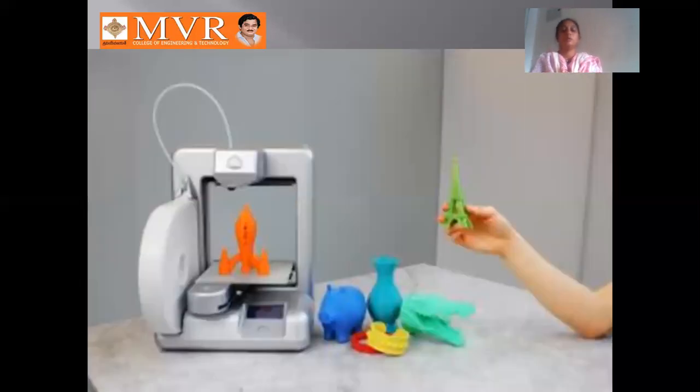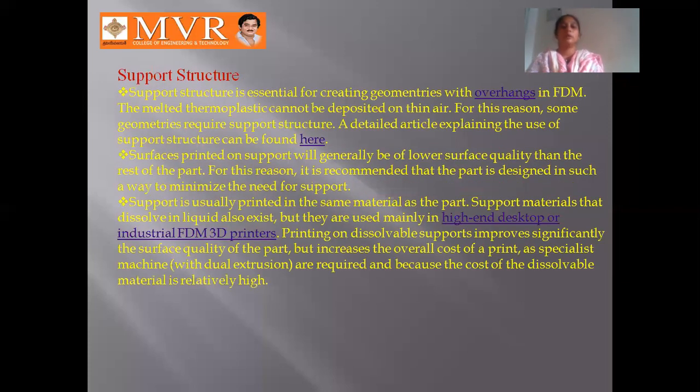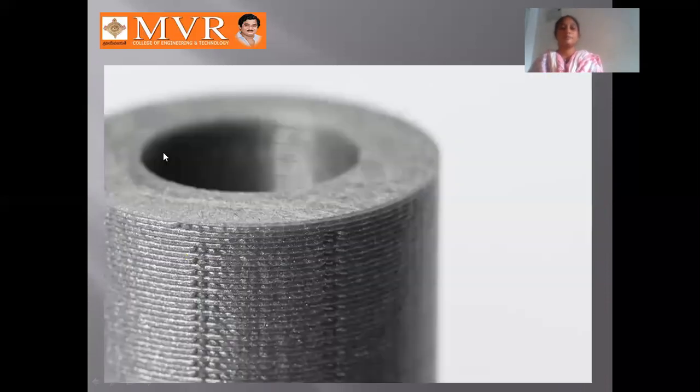Okay, this is one of the 3D printing machines. If you see, in our department also, this 3D printing machine is available. We can see any FDM process, or any FDM through programming, and the materials can be easily identified throughout the process. This is the FDM process, and different types of materials can be used, with support structures in the material systems.